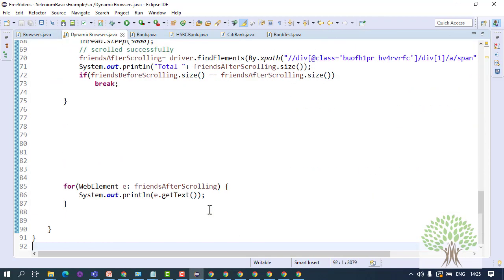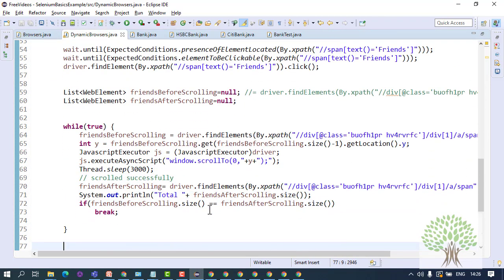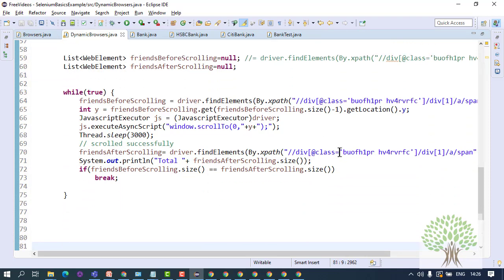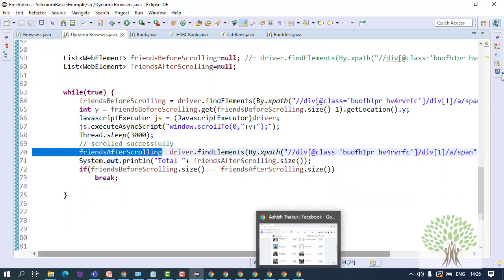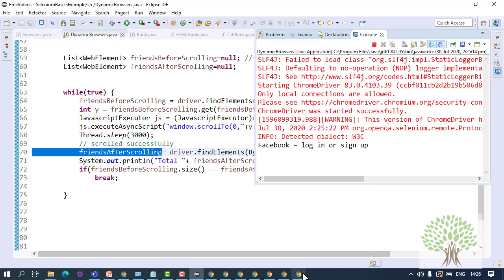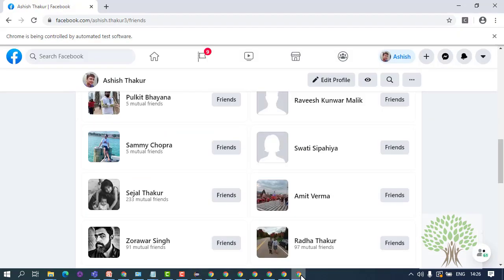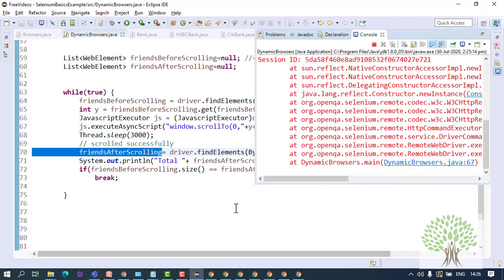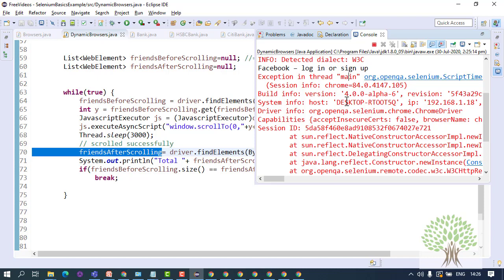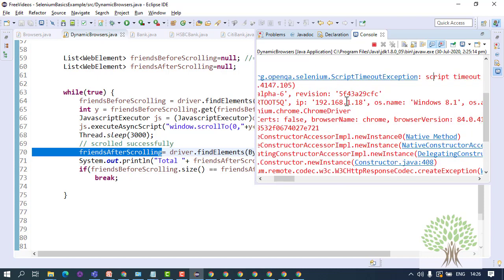just a minute. So this is the common XPath between the friends, and hold on, it's giving me some exception. Obviously you will always face script timeout exception.